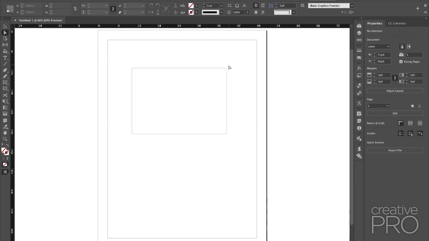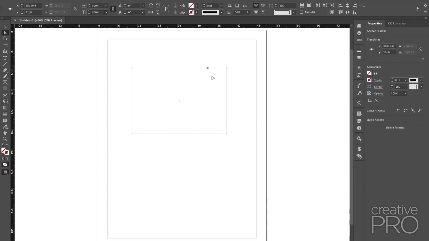Sometimes you want to select more than one. Yeah, I know, it's crazy. I'm going to select this point over here, and then I'm going to shift click over here, actually shift drag over here. So now I have 2 points selected, and I can move those independently of the other 2 points. One of the things I want you to know is that you can select individual points or individual segments.